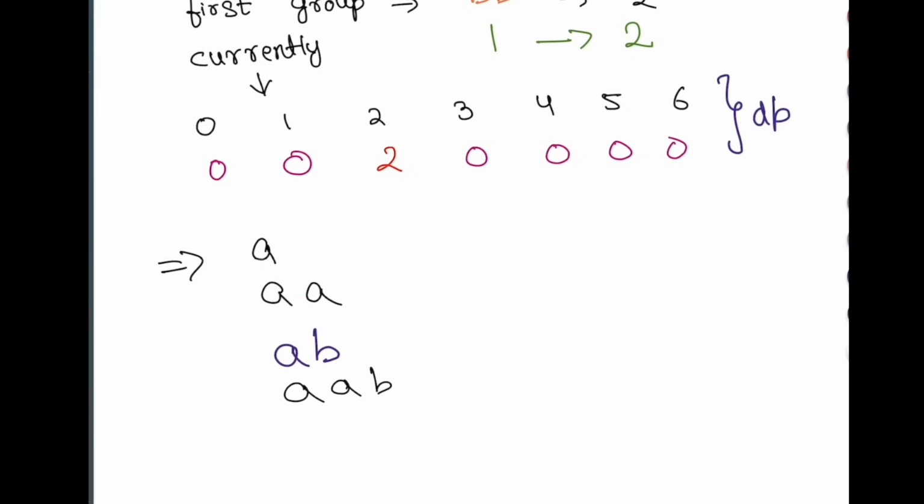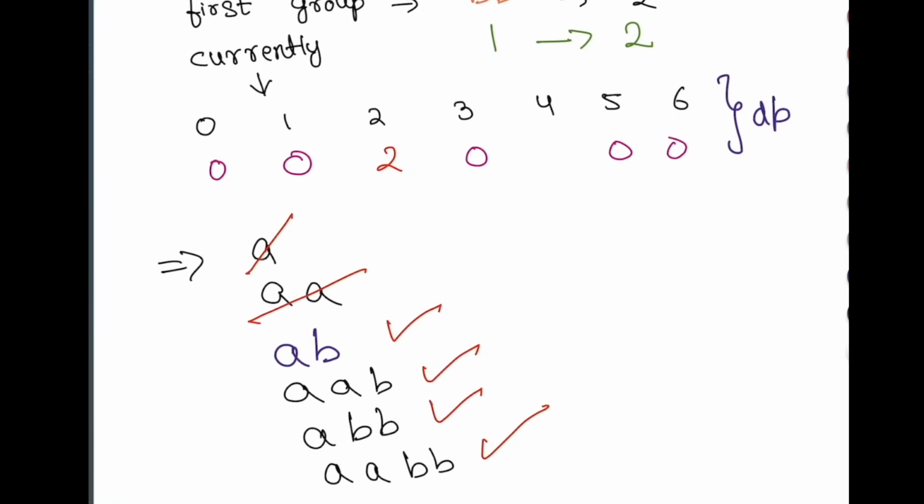What if I add two B's? Then it will be this particular A, then two B's, and I have this particular A and then BB. So our previous answers will be gone. Now these are the four possibilities we have. We have a string of length 4 one time, a string of length 3 two times, and a string of length 2